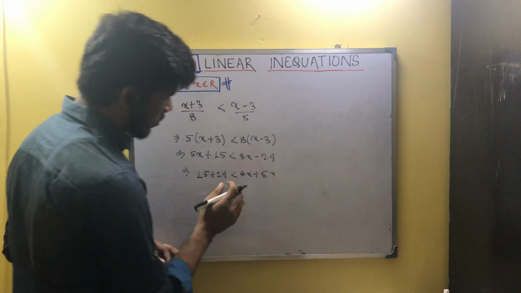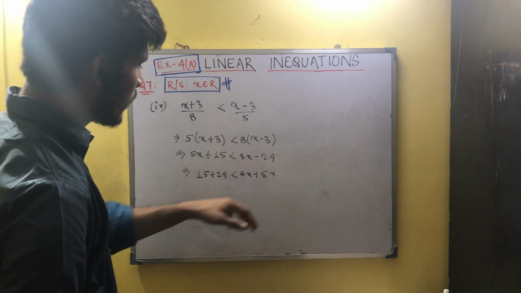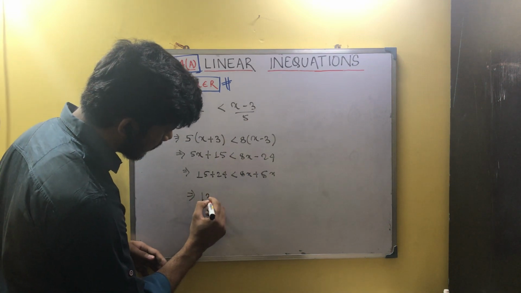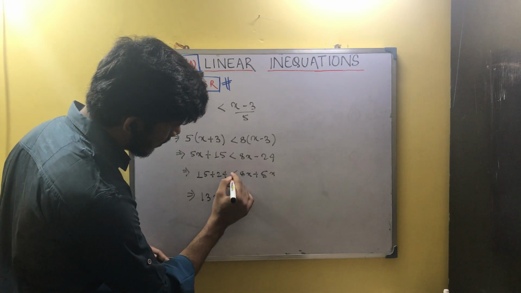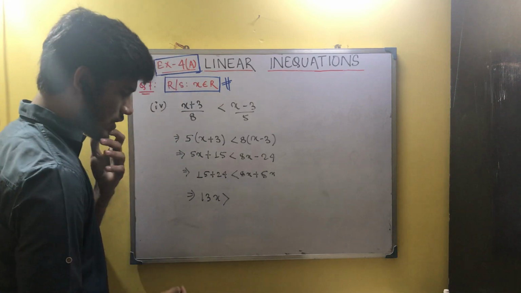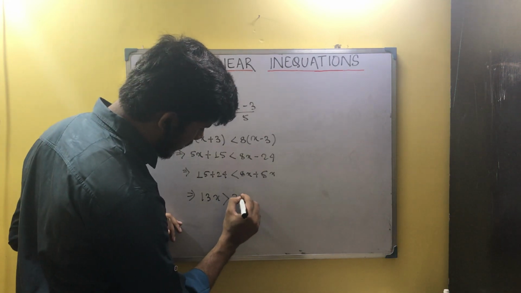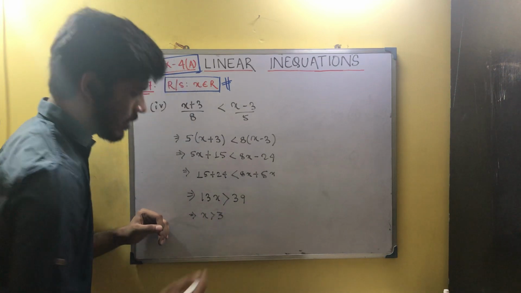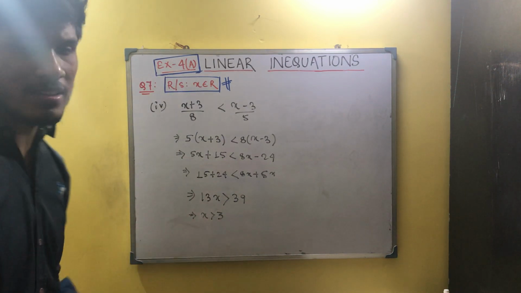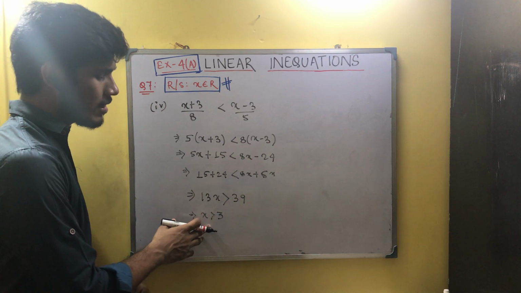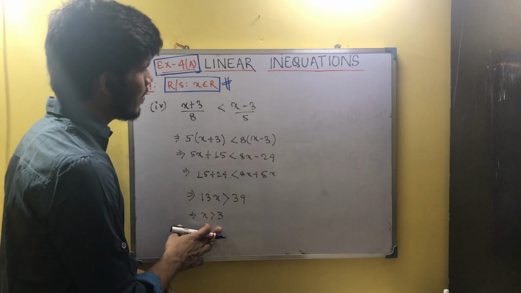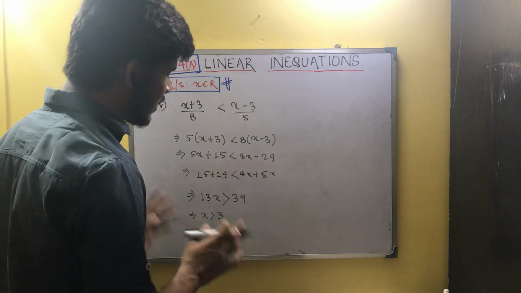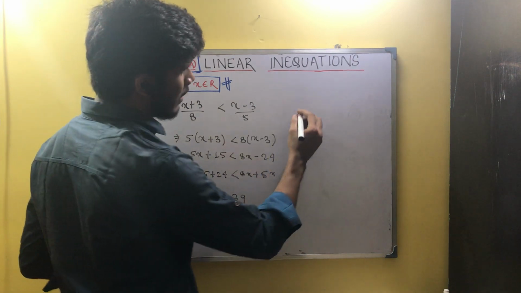Now if you find the summation of both the things and reverse the order, this is 13x. It has the greater than sign, so greater than 39. Now x is greater than 3, isn't it? Now x is strictly greater than 3, which means x cannot attain the value of 3. The minimum possible value is 3.001, and then onwards to infinity. All the decimal values are also possible.